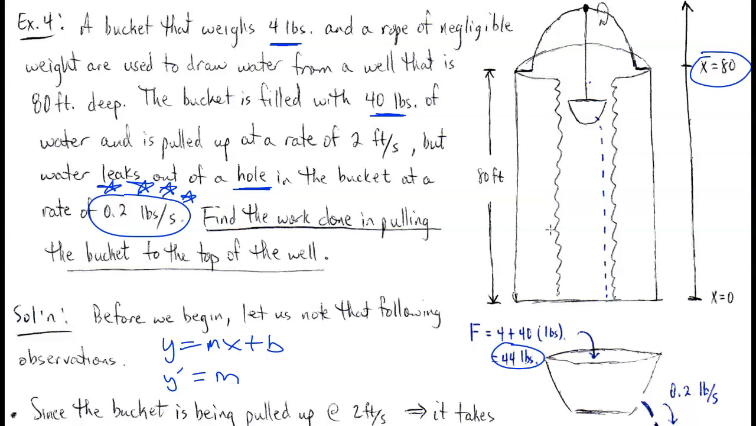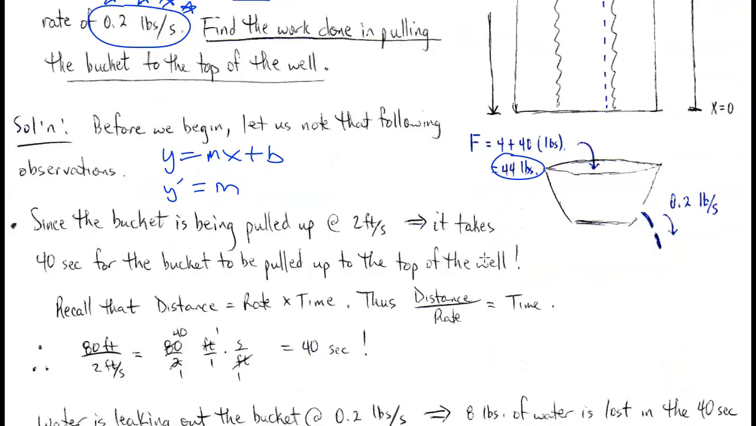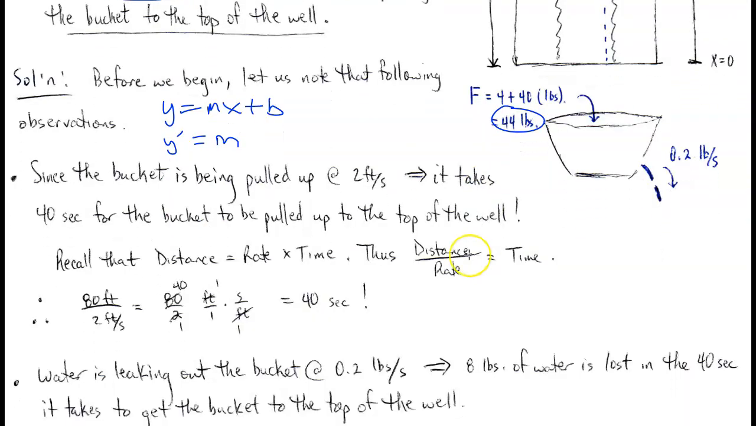Okay. And so what the weight is going to be in the beginning and what the weight's going to be in the end, when we get it all the way up to the top, is going to be less. So therefore, we know that our rate has to be modeled negatively. Okay. So with that being said, we see that before we begin, there are a few things that we need